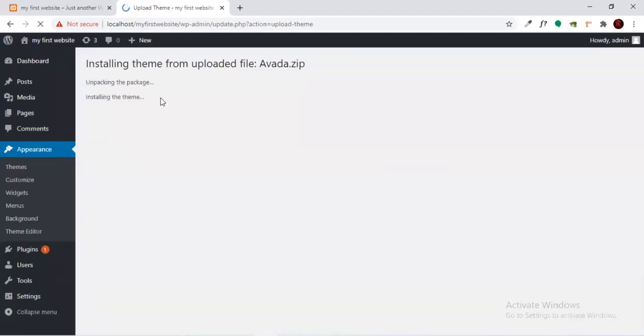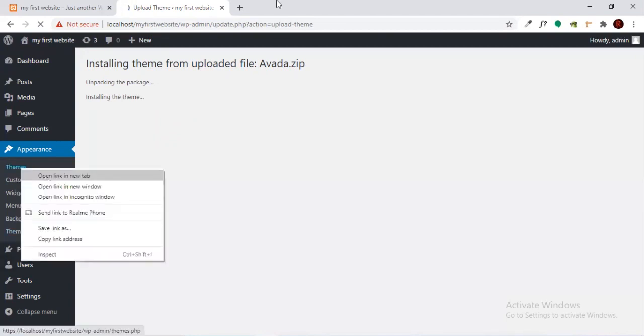Here you can see it is installing the theme. You can perform any step which you prefer. The second one is a little bit easier in the localhost, as the uploading process takes time. In the second one, we already copy-pasted the file and extracted it, and it is already showing in the themes folder if we check.